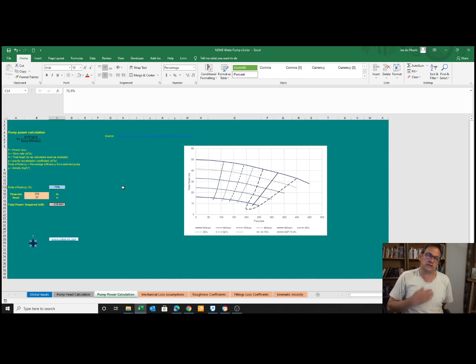But anyway, the point of this is just to give you a taste of pump calculations, and my suggestion is you download it, use it, and then approach your various pump suppliers in the world to give you their pump curves. The way you can download this is at